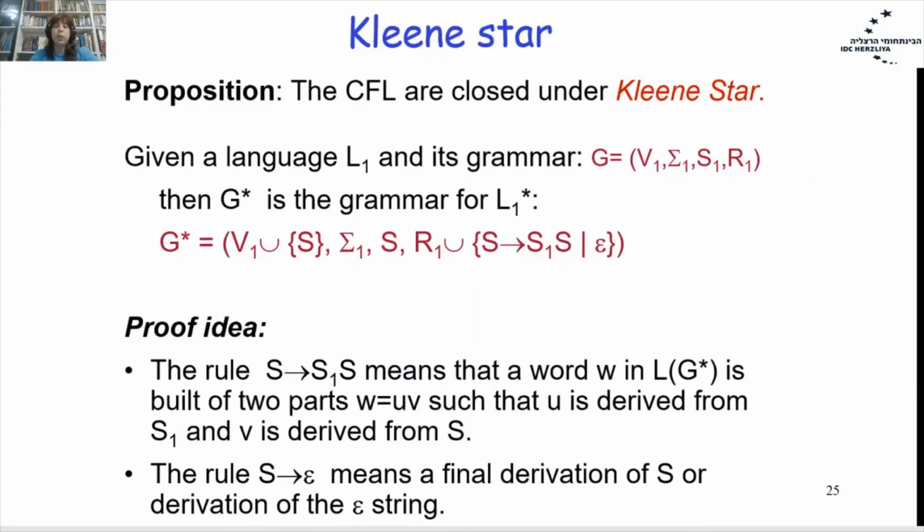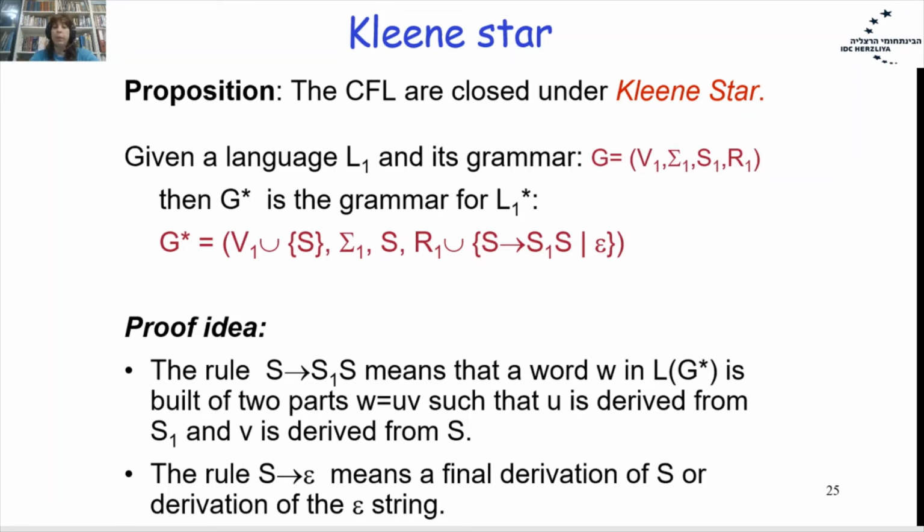The next operation will be Kleene star. The context-free languages are closed under the Kleene star operation. Once again, we are given a language L1 and its grammar G, and we would like to construct a new grammar G star for the language L1 star. The new grammar will